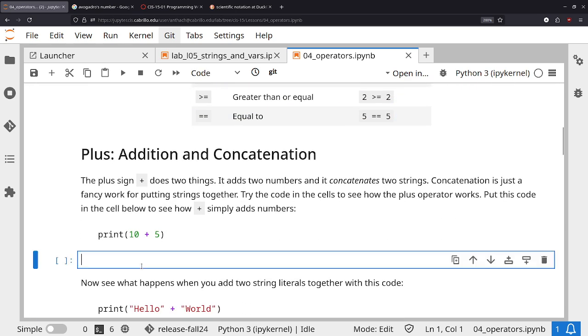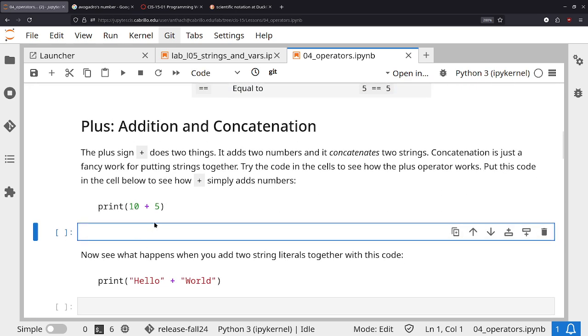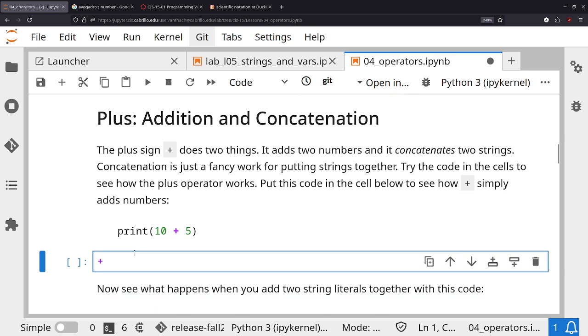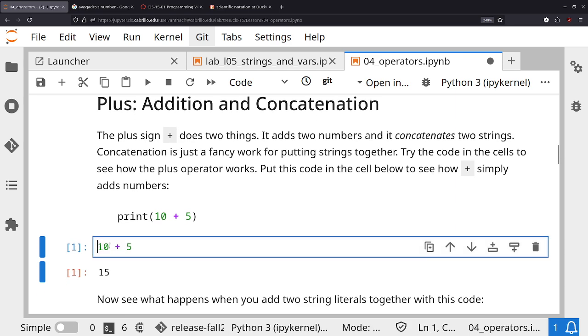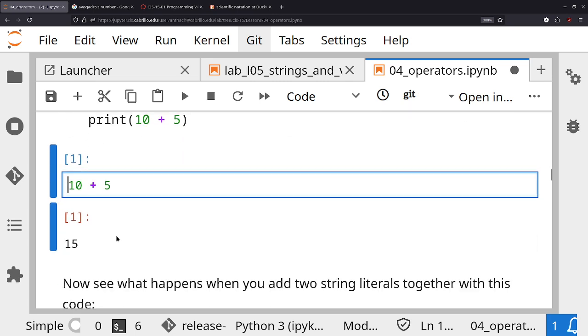So we've seen the plus operator, the plus sign. This is an operator. It's typically used to add two things. You can add numbers, you can add text, but you can't really add numbers and text together. Let's talk about that. So 10 plus 5 gives us 15. And we saw earlier that we can add text. If I were to turn this into a string,